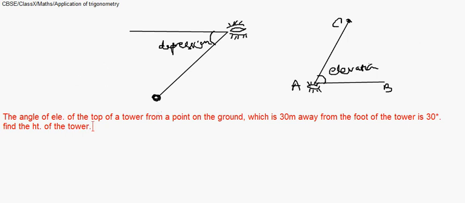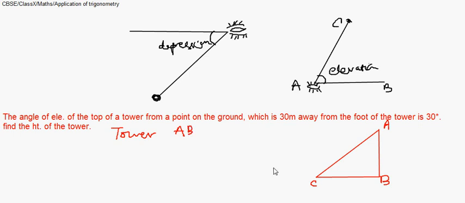Now to do so, let us draw a figure so that you can apply trigonometric ratios based on that figure. There is always a 90-degree angle we are talking about. Let me name this triangle as ABC. I have assumed the tower to be an erect one, so AB is the tower, and C is the point which is on the ground,